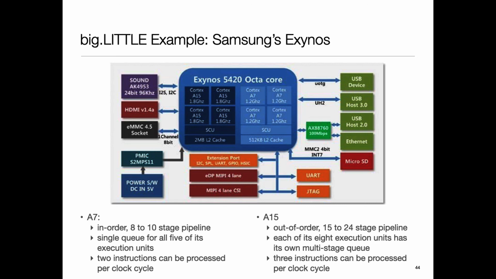So great. Okay, the pipeline is a lot deeper, and again, the deeper the pipeline, typically I'm able to get better performance. There is a single shared queue for all execution units. Multiple queues here, what other things, right? 2 instructions can be processed per clock cycle versus 3 instructions. Point is,